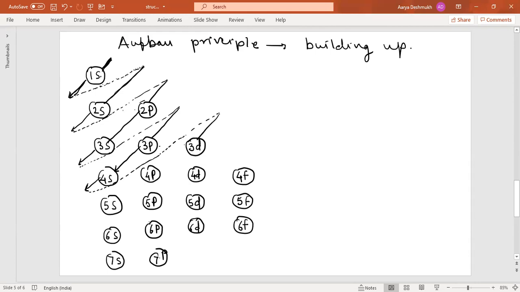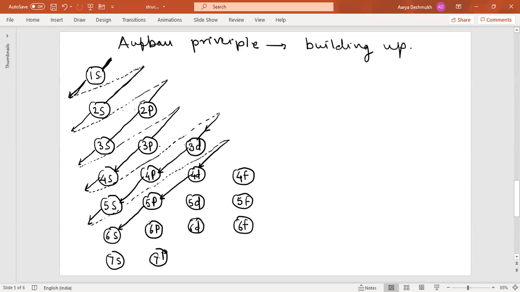What comes in between? On your path, that is 3d. After this 3d, here comes 4p. After this 4p, what comes? Here it is 5s. So there should be no confusion in drawing this. You reach up to this 5s. Now again go up without any restriction in the path. Now from 5s, come down. What comes in between your path? That is 4d. After this 4d, that is 5p.